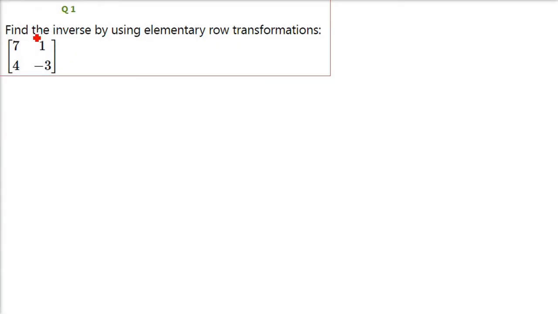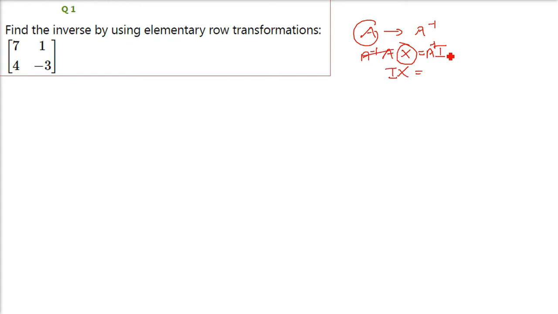Find the inverse by using elementary row transformations. Now here there are various ways to find out the inverse. For example, if we call A, then A inverse is simply the one that, when you multiply these two, you'll get the identity matrix. When you multiply A with any value and it gives you I, then that value, that X, is nothing but the inverse. For example, if you multiply both sides by A inverse, A inverse A will be the identity matrix, and